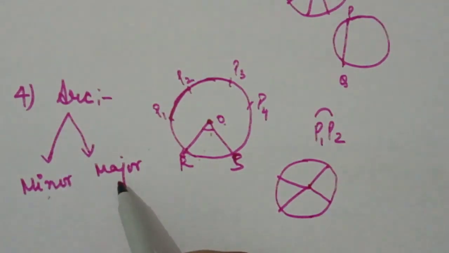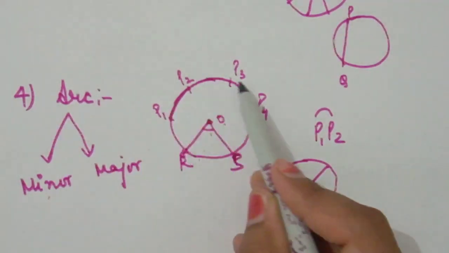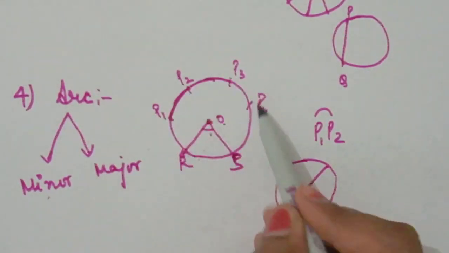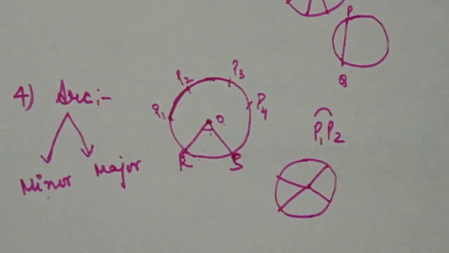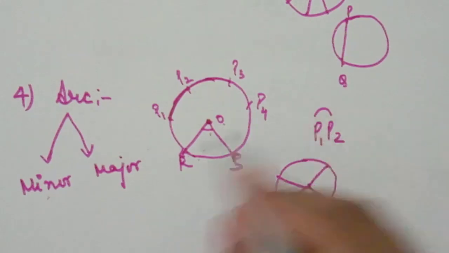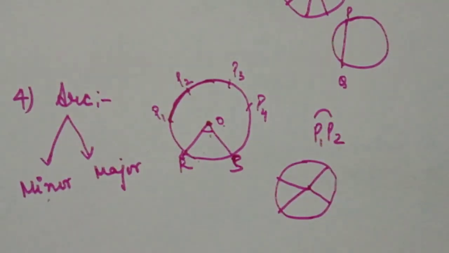And what about a major arc? A major arc of a circle is the collection of all those points of the circle which lie on or outside the central angle. It means they all are examples of a major arc. And we write both the arcs like this only. There is no difference between their written form. So we have arc with two parts, minor and major.